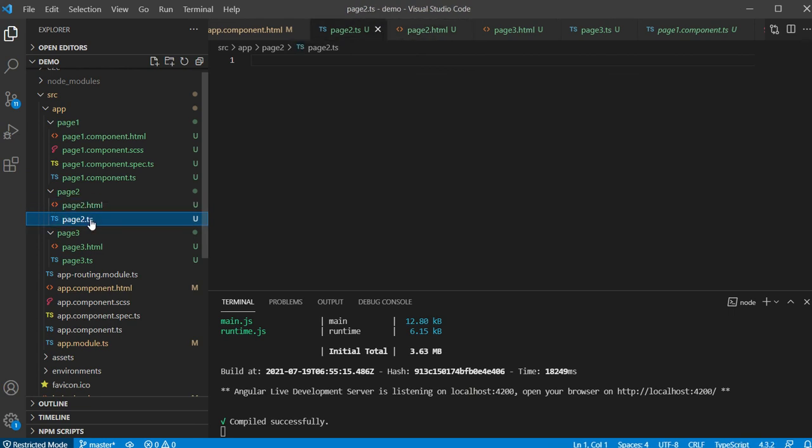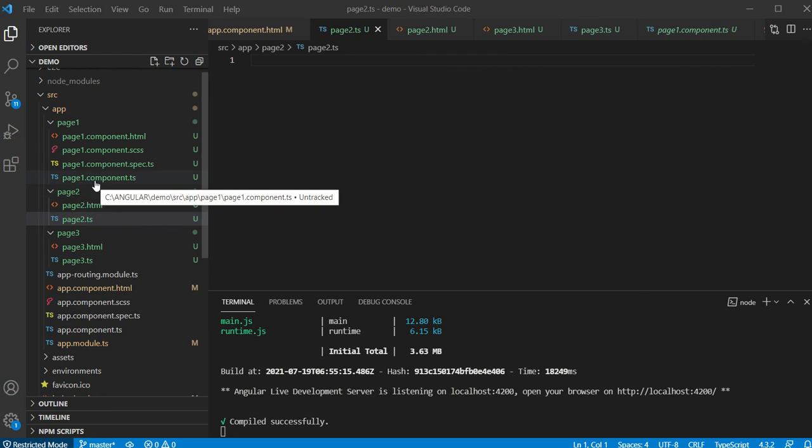We need to write the code ourselves whenever we create a page or a file. Angular creates ready-made code for you only if you use Angular commands to generate a component or a page.